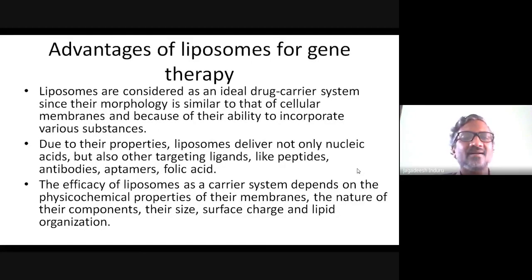They are just tagged to give specificity towards the cellular surface. That is what we already learned in the terminology as aptamer. They are small fragments appearing as nucleic acid sequences, and because of that they have specificity towards a particular receptor present in the cell. So we can tag them onto these liposomes in addition to our